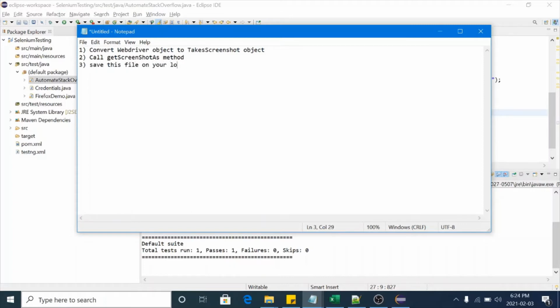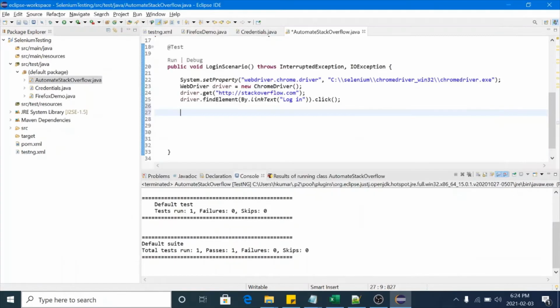On your local machine, you have to perform these three operations. Let me show you how to do that.